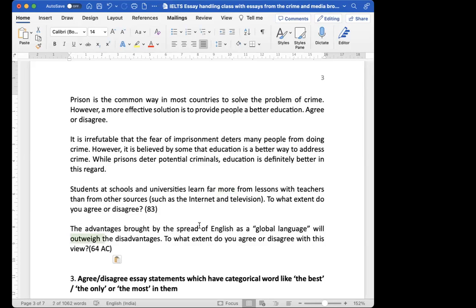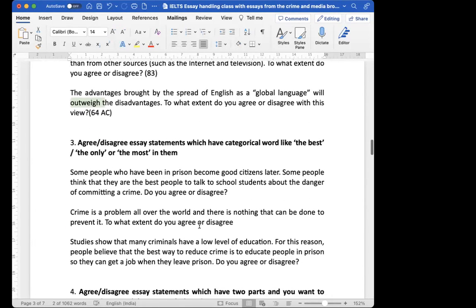अब statement कह रही है कि इंग्लिश को ग्लोबल लैंग्वेज डिक्लेयर करने के फायदे भी है, नुकसान भी है, पर फायदे ज्यादा है. If you strongly agree, what are you saying? फायदे ज्यादा है. 2 पैरास में फायदे लिखो, 1 में नुकसान, और स्ट्रांगली एग्री करा आपने. बात समझ आ गई? हाँ मैम. अगर स्ट्रांगली डिसएग्री करोगे तो 2 पैरा में नुकसान, 1 में फायदे लिखोगे. Got it? Yes. Got it nicely.